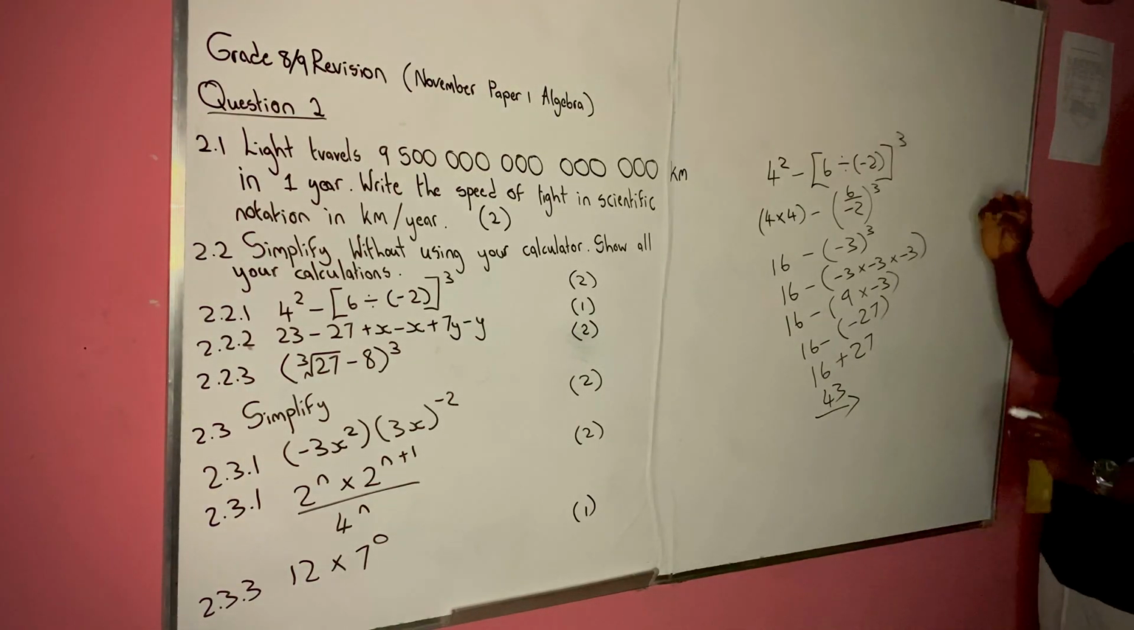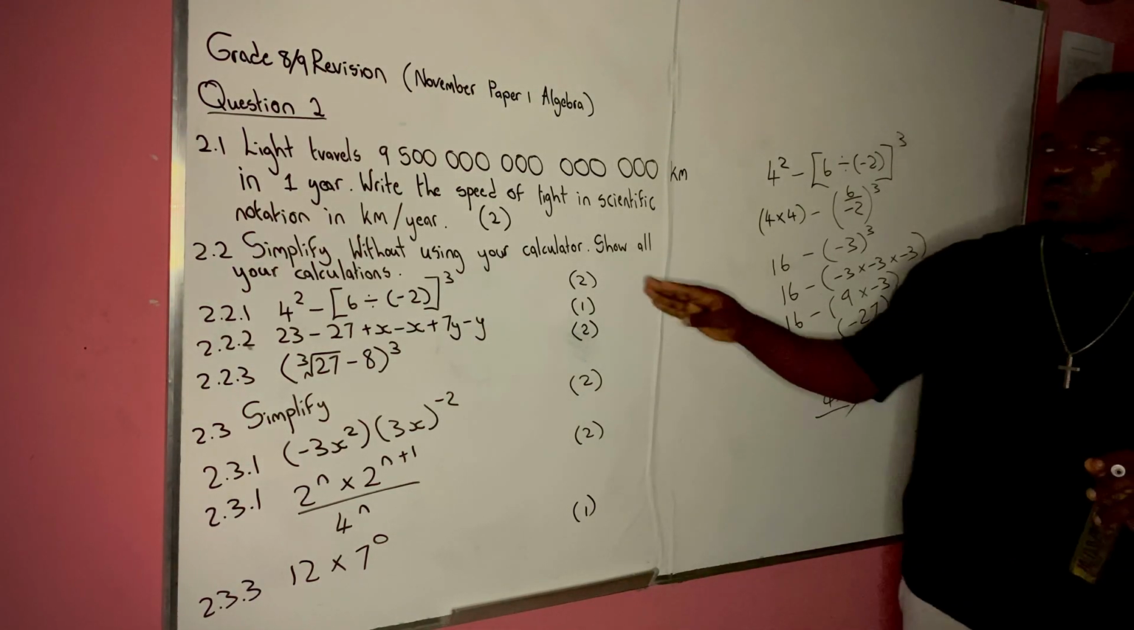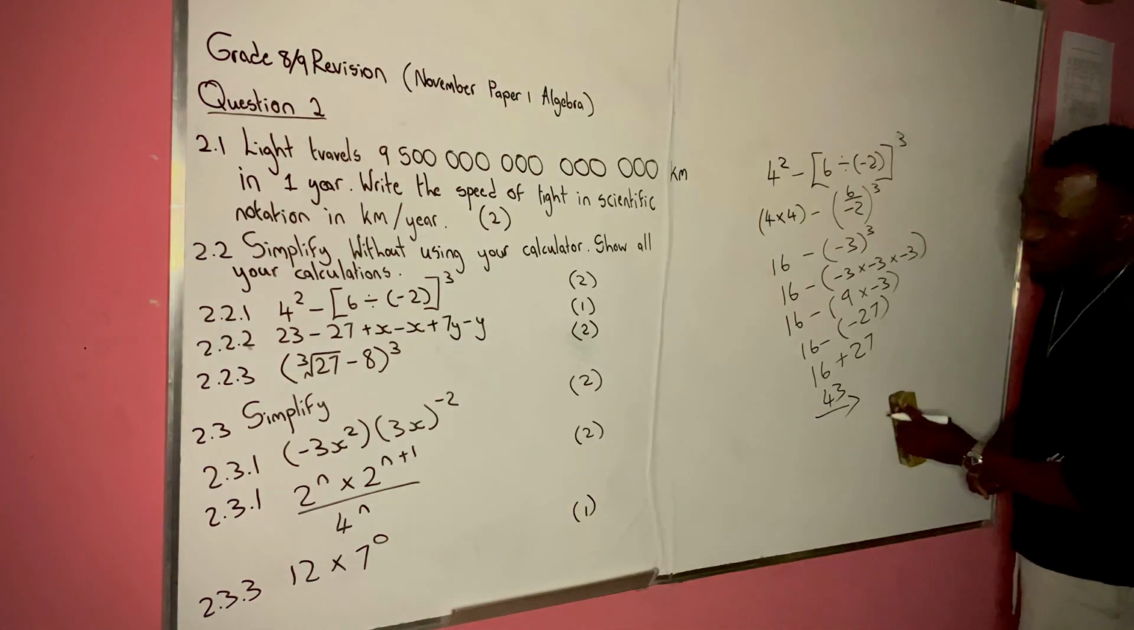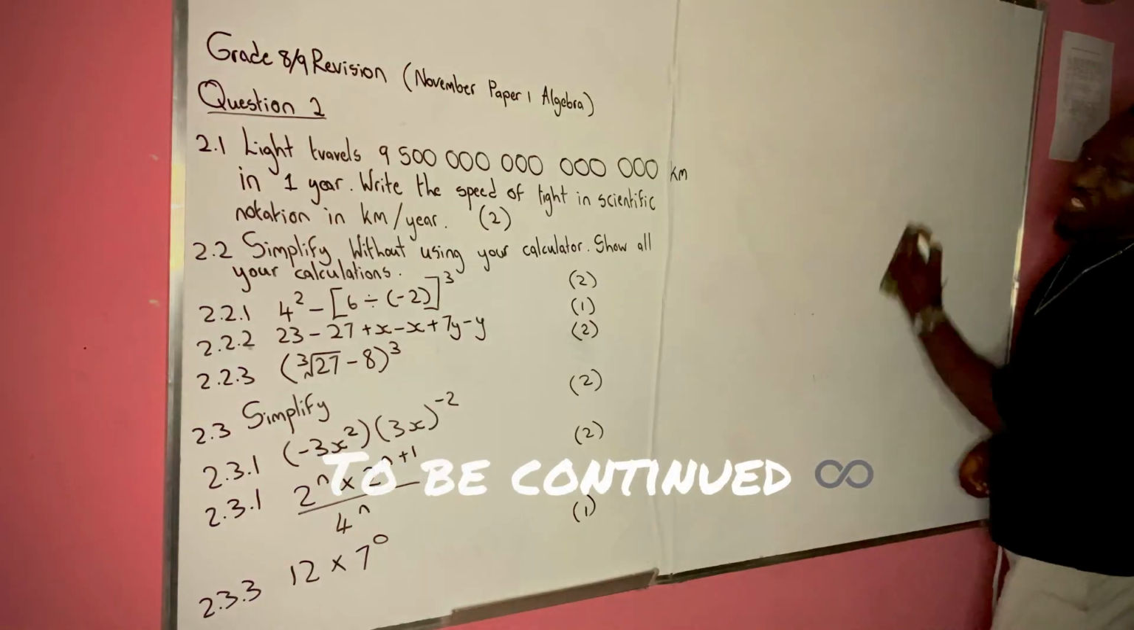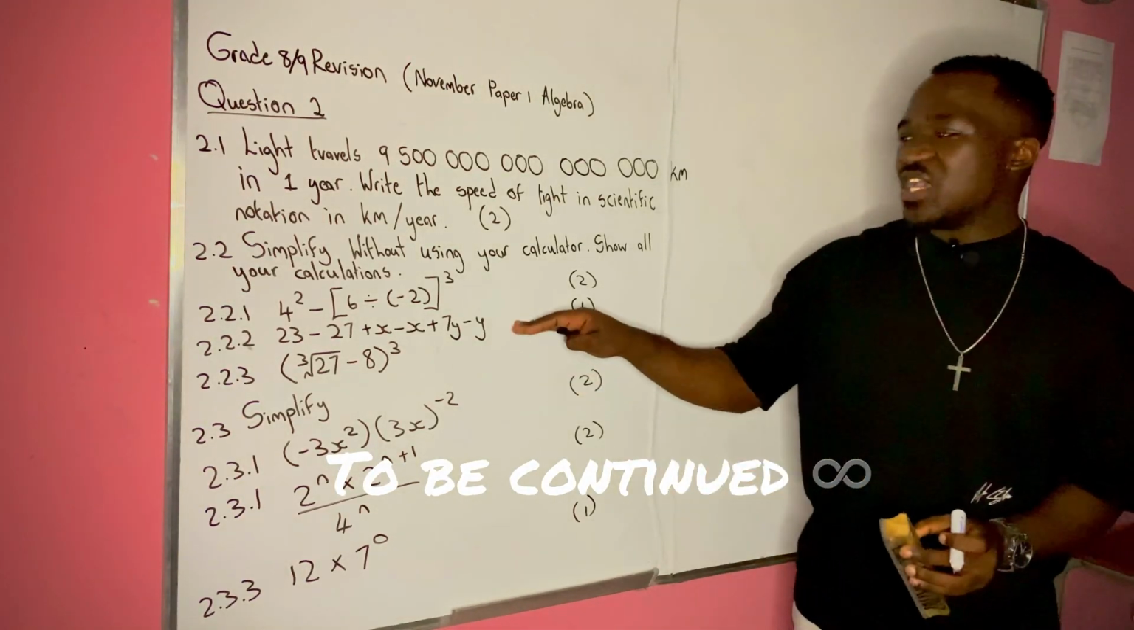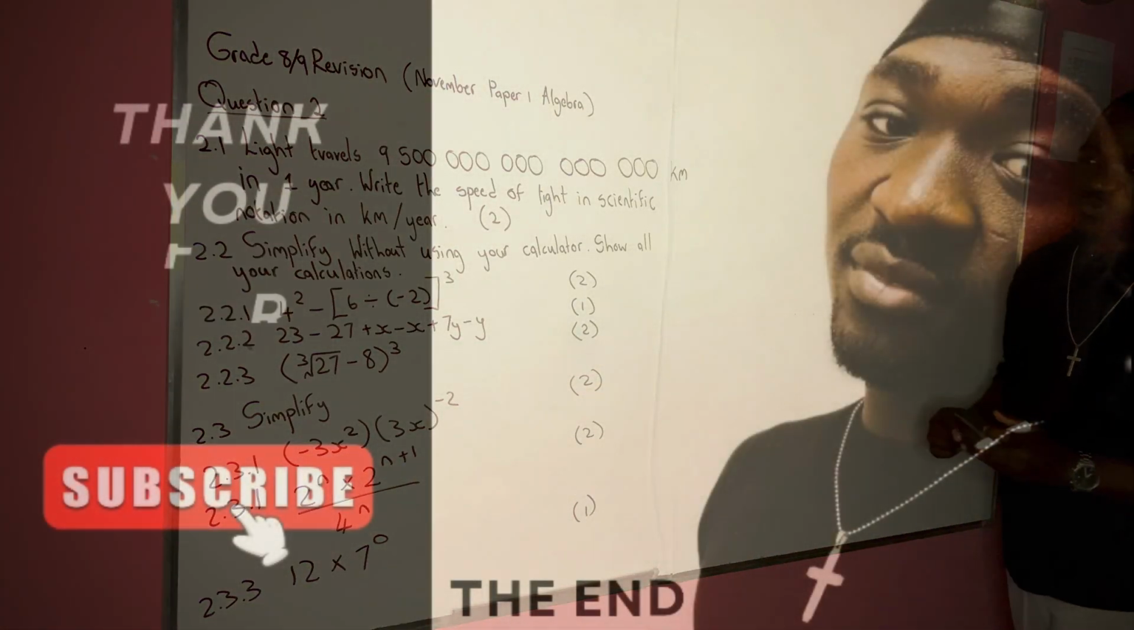But it was a bit of a long problem to be 2 marks. It was supposed to be at least 3 marks, but it's fine. Let's just move on from this one. Let's move to the second one now, 2.2.2. Here we simply have an algebraic expression which is very